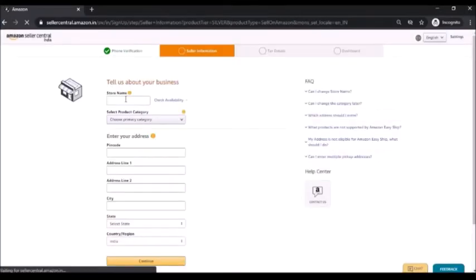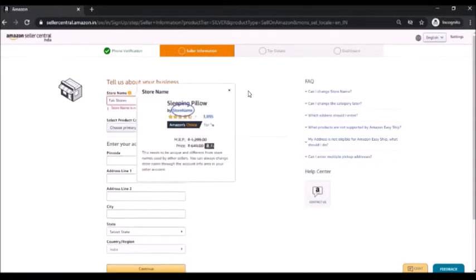As our mobile number is already verified, it has moved us to the next page which asks for the seller information. Here, first of all, you need to enter the store name. A store name can be different from the one you have on your GST certificate. It is this name your customers on Amazon see beneath your product name.